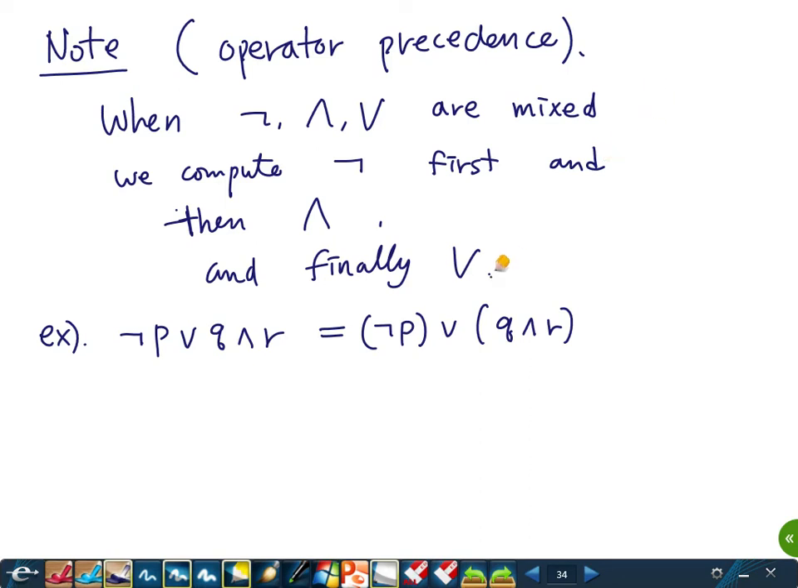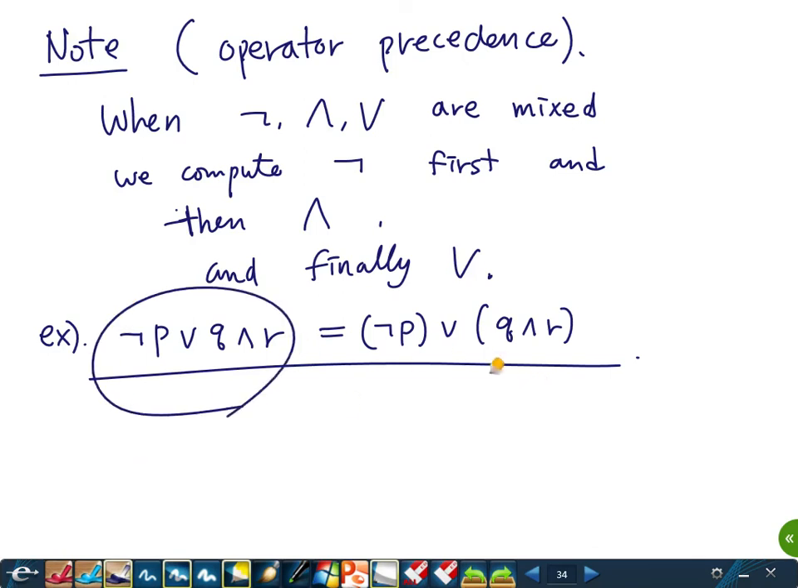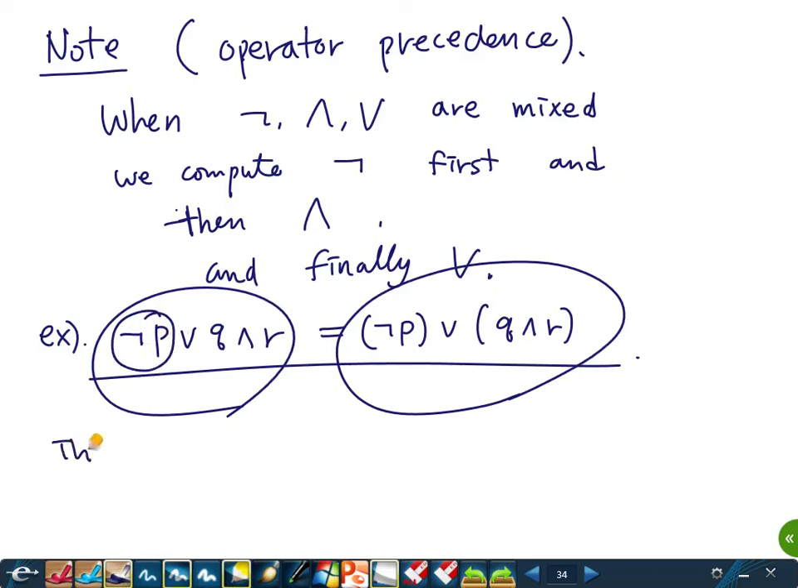But this is not an essential thing in propositions, and it is kind of confusing, so I'll try to write it this way. You don't have to remember this. But just remember that there is some kind of order. I only remember that negation goes first. This is similar to